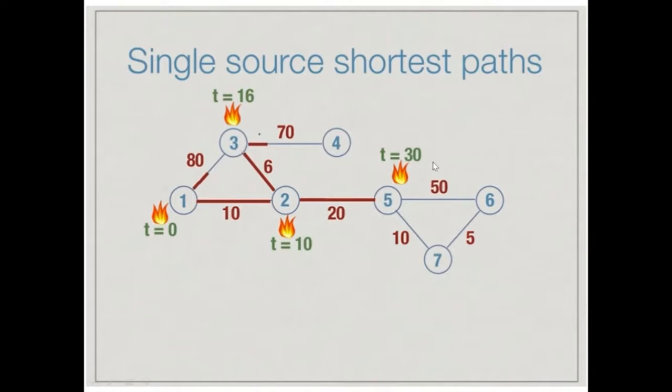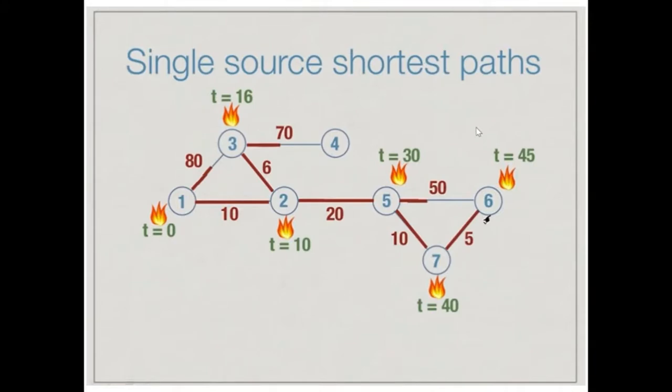Okay, because only 30 seconds have passed until now, and it will take 80 seconds for fire to reach from this point to this point. Okay, now in the next 10 seconds, the fire will reach from depot number 5 to depot number 7, and that is after the initial breakout of fire. 40 seconds have passed, the fire has already caught up with depot number 7, and after 5 seconds more, the fire will catch up with depot number 6.